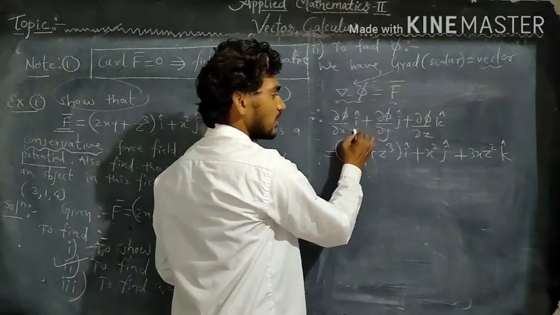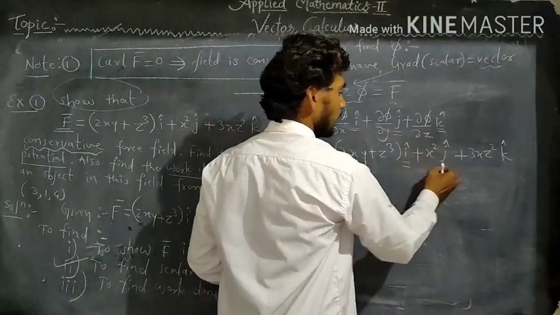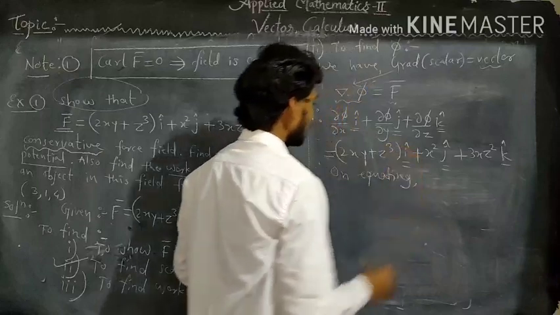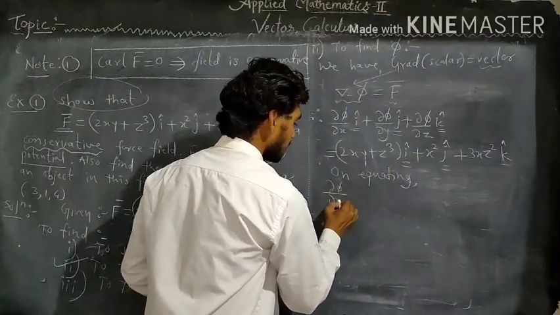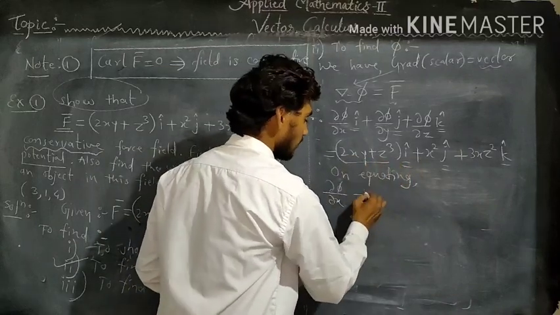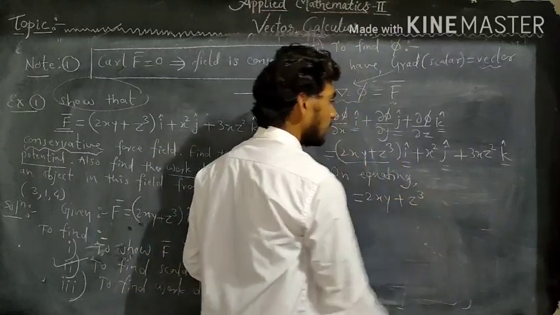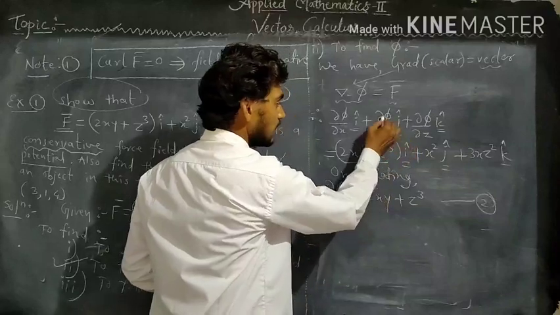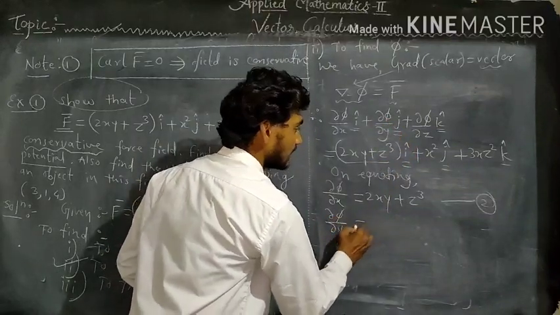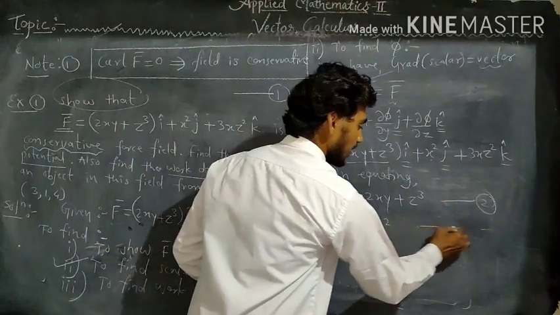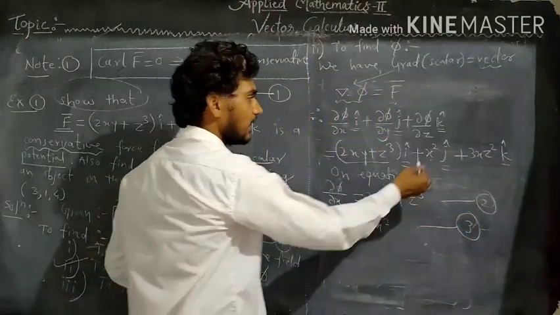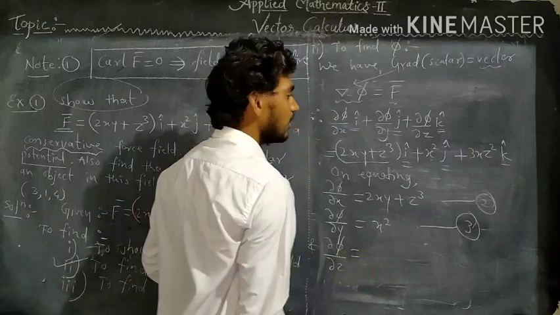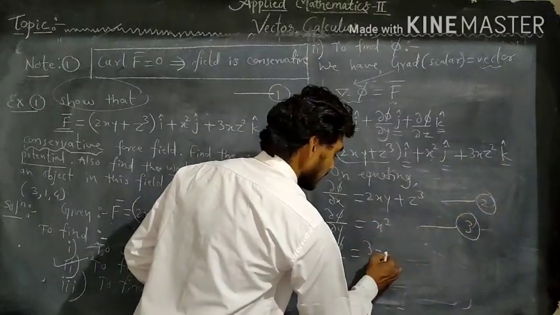Now on equating coefficients of i, j, k, we will get del phi by del x is equal to first coefficient, 2xy plus z cube, say equation number 2, and coefficient of j, that is del phi by del y, is equal to x square, say equation number 3, and finally the coefficient of k, that is del phi by del z, is equal to 3x z square,